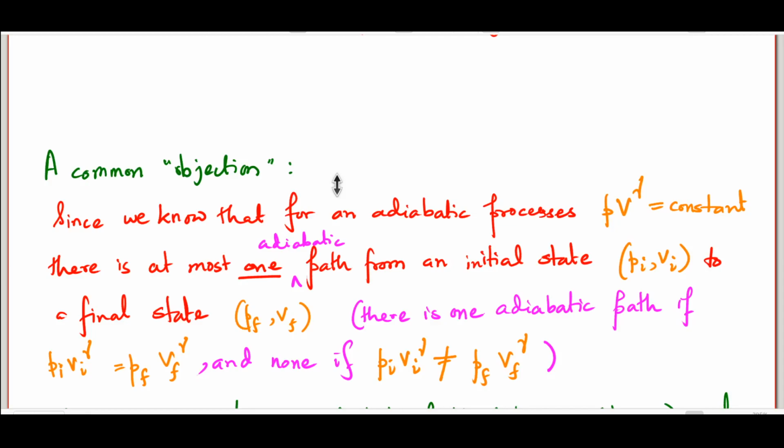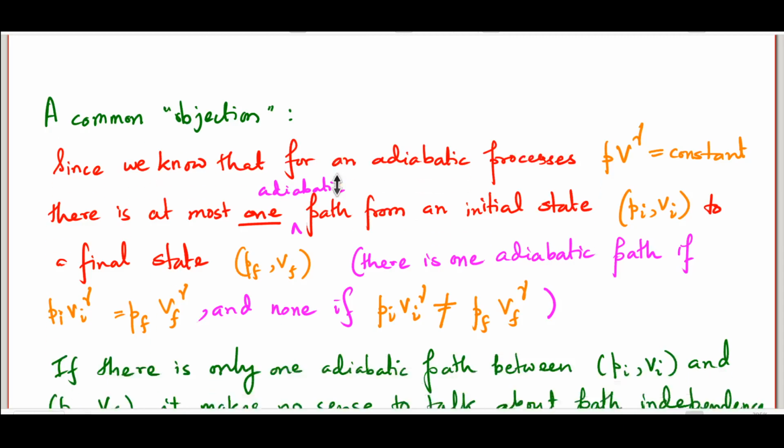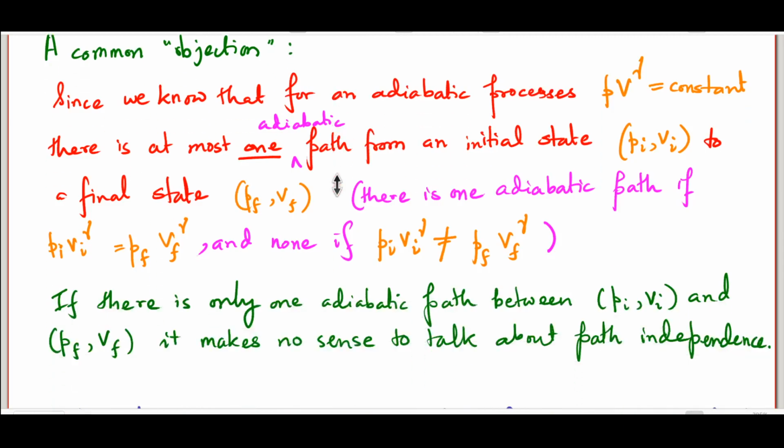Now, what is very important is that if there is at most one path of an adiabatic kind between two states, then saying that the work done is path independent makes absolutely no sense. Independence of the path only makes sense if you have more than one path joining the initial and the final states. Now, this objection is actually quite wrong, and the reason for that is PV^γ equal